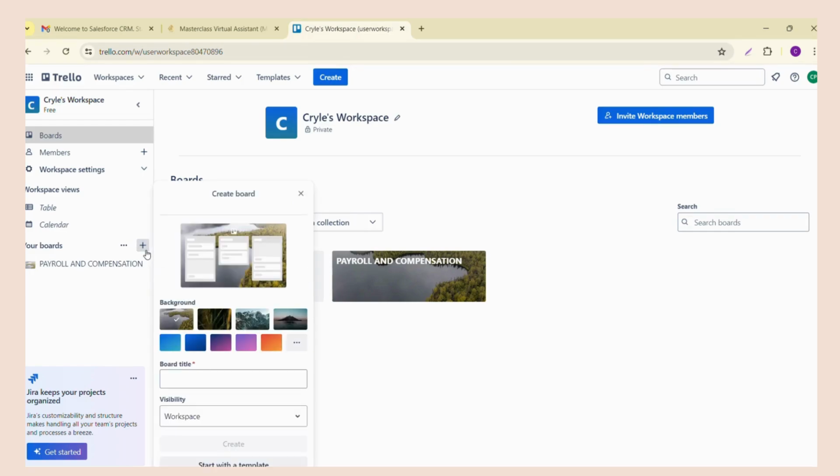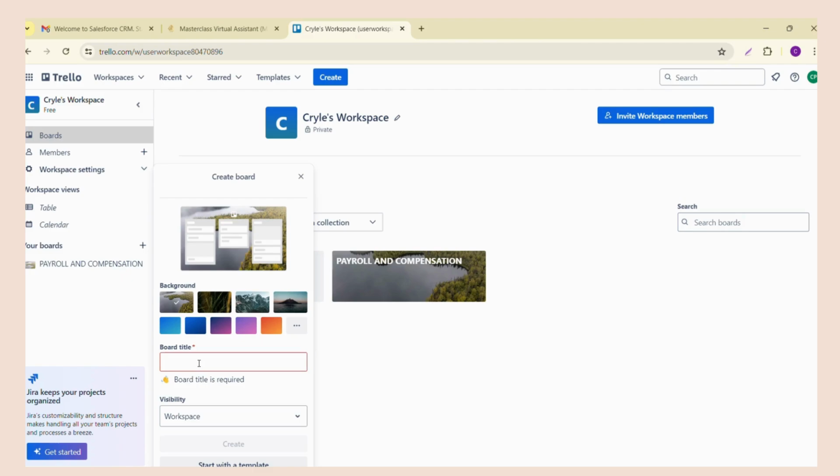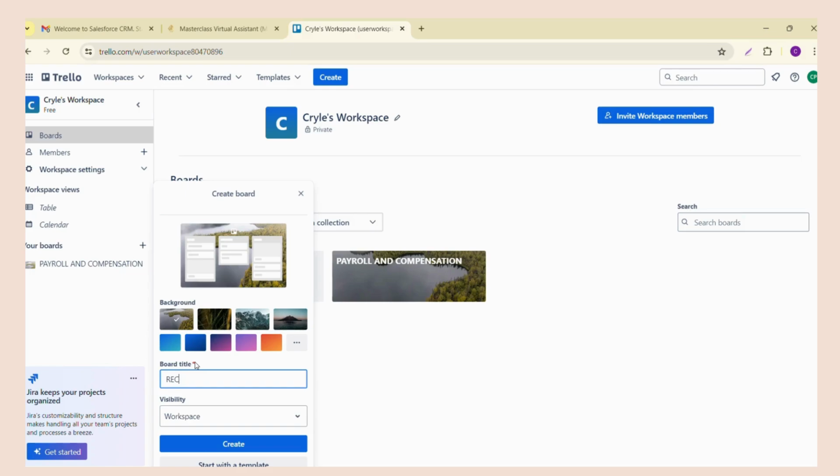For example, I will add recruitment. You can also add or change the background in here. For example, I choose this design. Okay, then the board title is recruitment. Then for visibility,